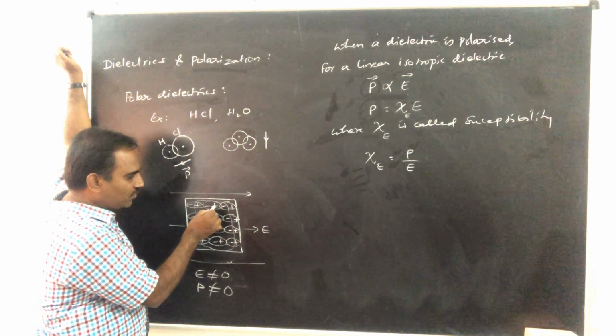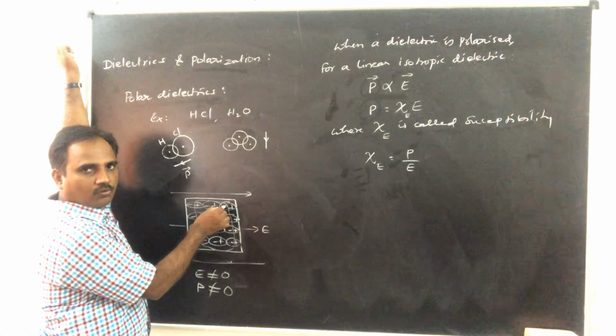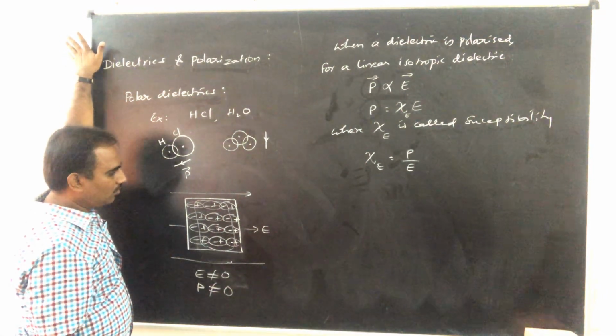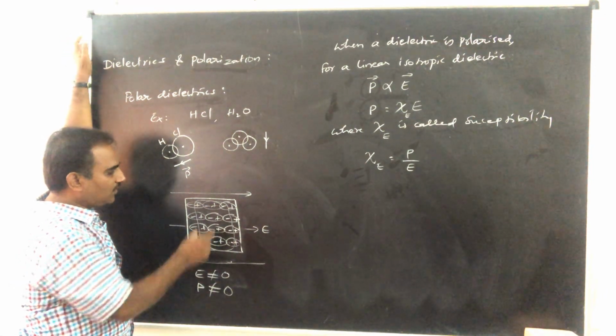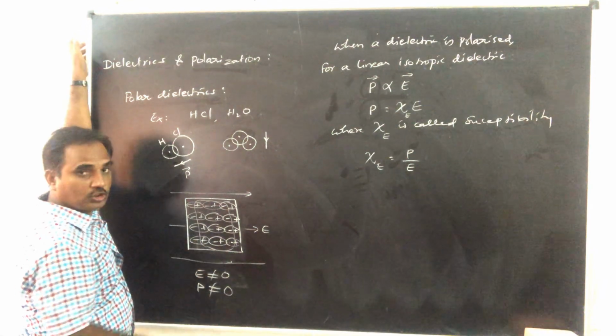Similarly, this positive charge lies on the negative charge of this dipole. Therefore, the net charge in this region becomes almost 0,